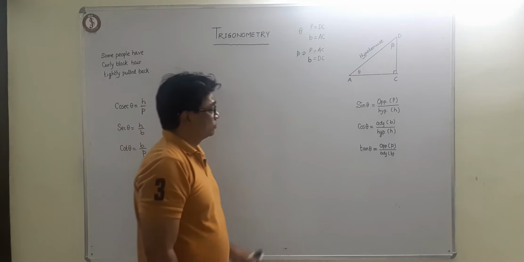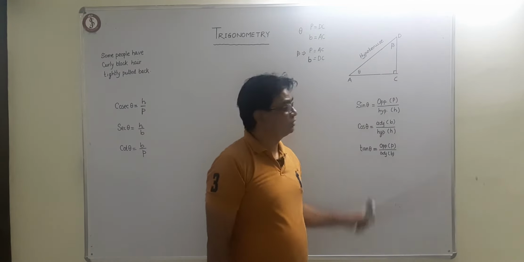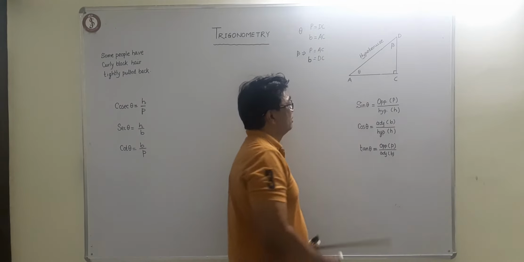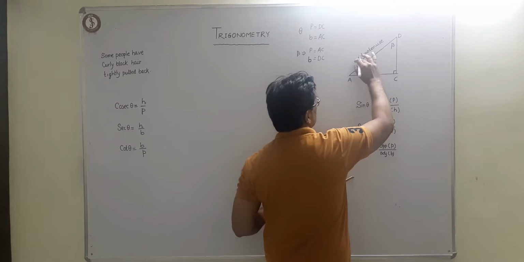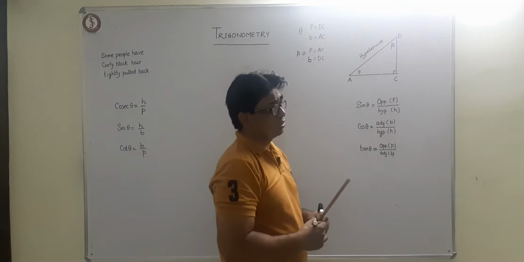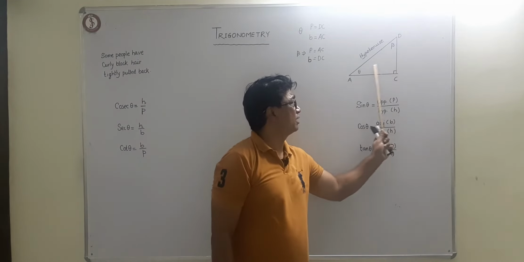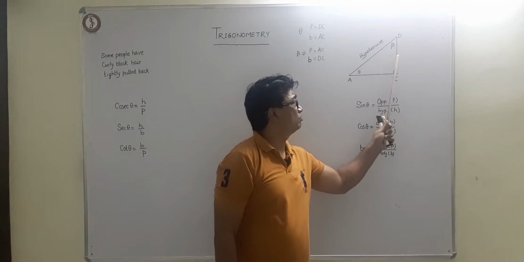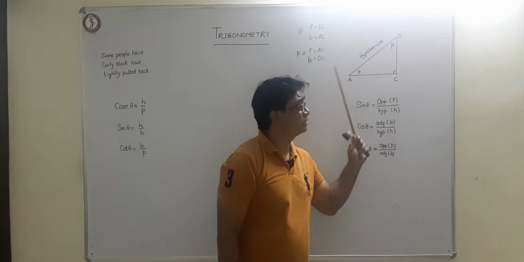So what is sine theta actually? It is the ratio of perpendicular and hypotenuse. For angle theta, if I draw a line over here, the ratio of perpendicular and hypotenuse will be the same as the perpendicular and hypotenuse here. For the same acute angle, suppose you draw the same exact smaller triangle like this, then the ratio of perpendicular and hypotenuse will be the same as it is here for this angle theta.